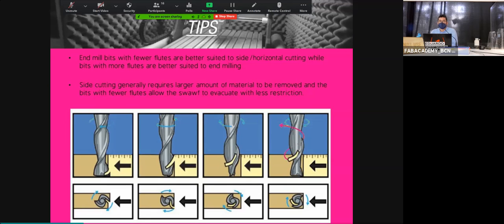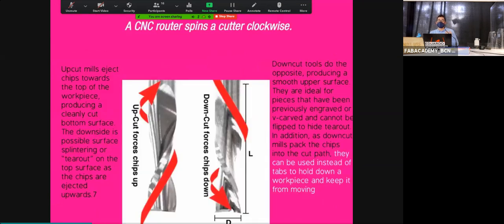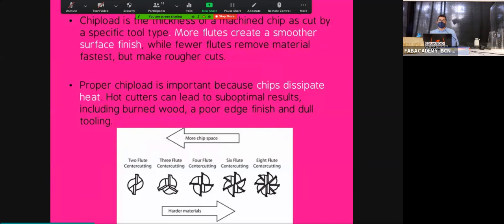These chips help with the heat transfer. That means this piece gets hot, and it takes the heat of the end mill and takes it out. So actually, the chips do both things. One is the cut material, another one is working as a cooling material. So actually, the bigger the chips, the more heat that they can take, the easier it is to cut without having problems of fire or heat